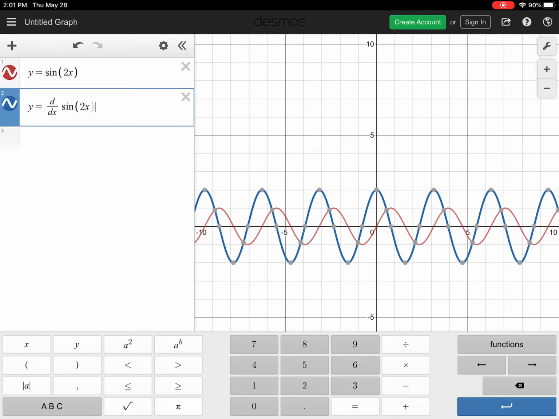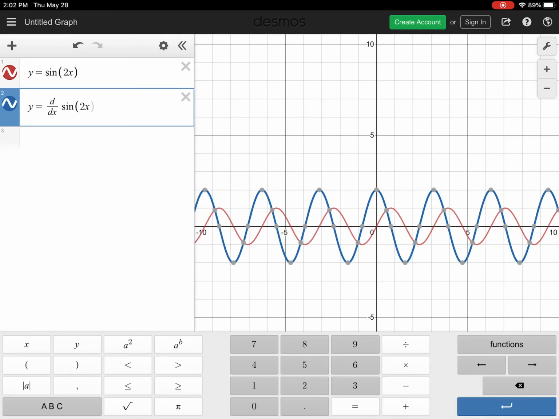Now in comparison to what we were saying earlier, you'll notice that, yes, it looks like it's going to be a cosine function because the period is about the same, but one big difference is that the amplitude is actually different. In fact, the amplitude is going to be 2 with the derivative function. So if I'm looking at it carefully, then it looks like the derivative is going to be cosine of 2x